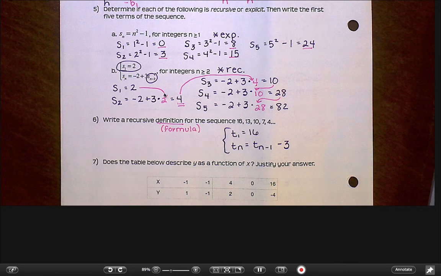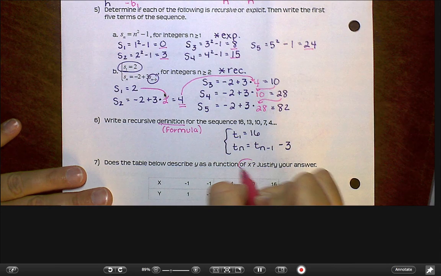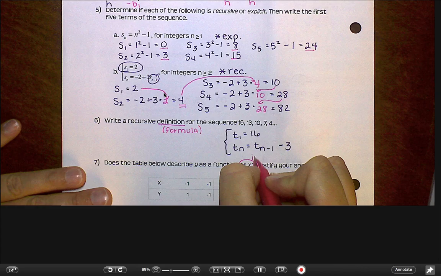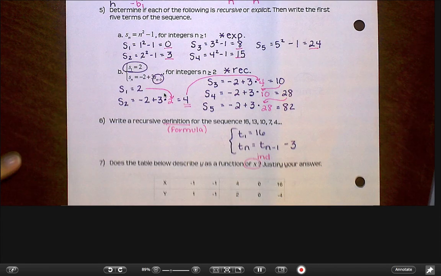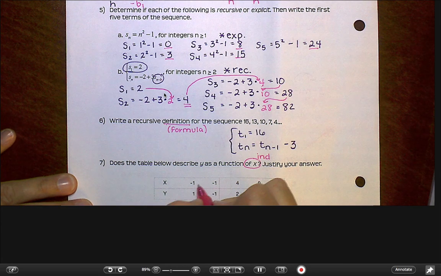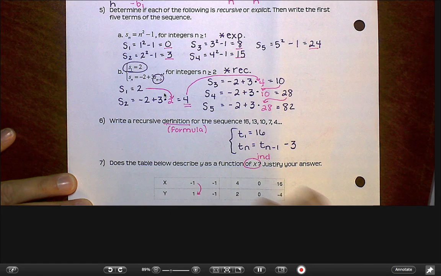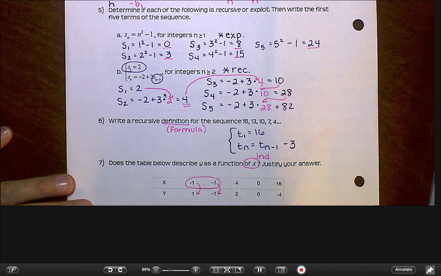Okay, switching gears a little bit, back to functions here with number 7. Does this table below describe y as a function of x? So remember, when the sentence is written this way, this right here is meant to be your independent variable. And that's the place where each number can only have one partner. So we want to make sure we don't have double ups. And right here, I see -1 with 1 and -1 with -1. So because this repeats right here, I would say no,